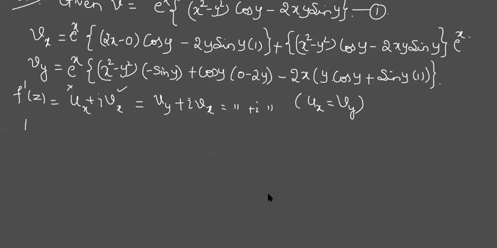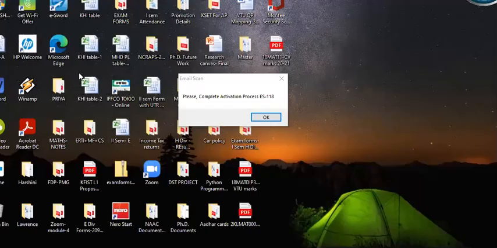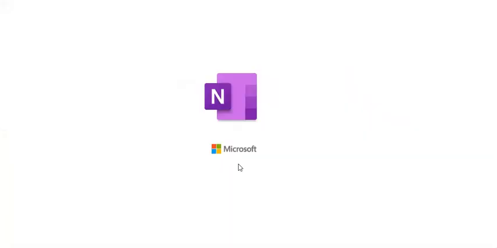Now, not to worry much, directly apply Milne-Thomson method. Change all the x to z and y to 0. So our f dash of z will be, I'll write my Vy term first. x is z, so it becomes e raised to z.